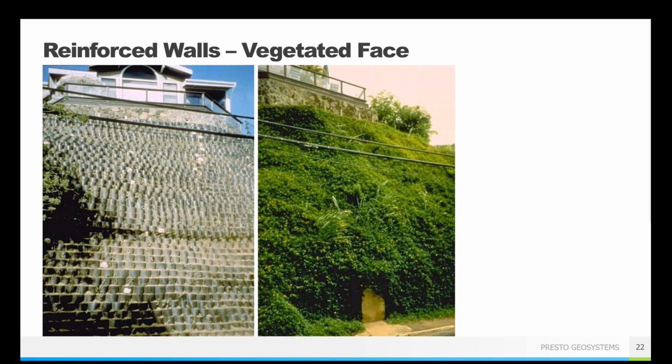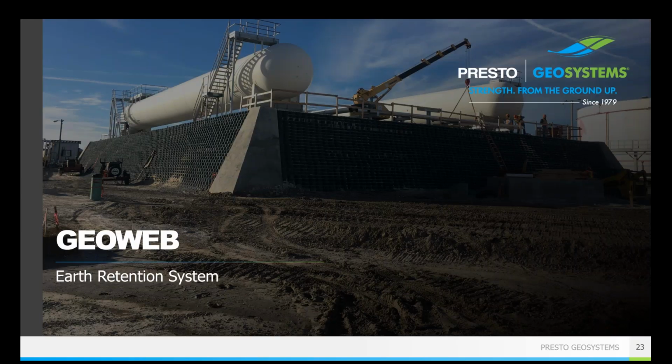It's more about what's going to grow in your area, because if you put topsoil in and then you're in northern Canada and you try and put Kentucky bluegrass in, that's not going to work necessarily. So go with what's local to your climate, what you know is going to grow in your area, what's going to look good, what's going to blend well, that sort of thing. All right, so it's not hard to see why you might want to use the GeoWeb system for that sort of application. It fits easily with the ideas for how you would think about slope protection.